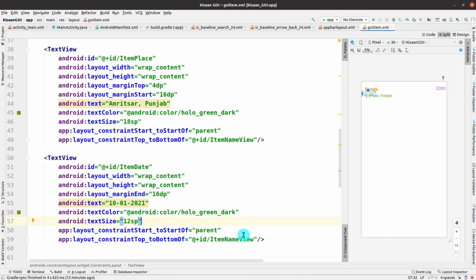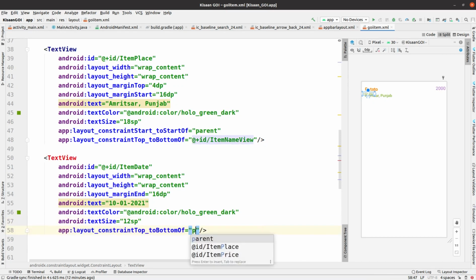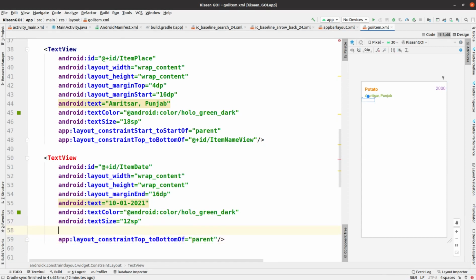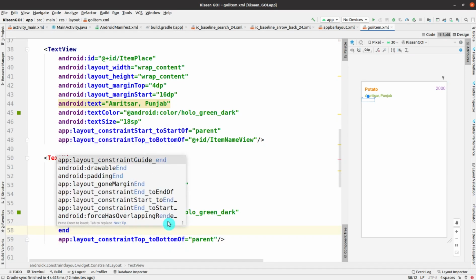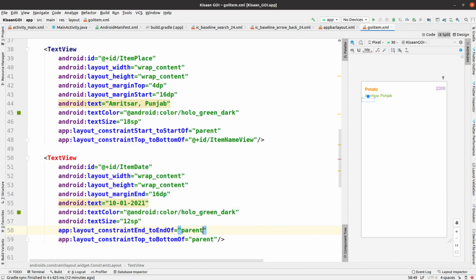So for now, you can see that it is being matched up on the right side of your screen, so we just have to remove this property, and we just have to add something here like parent. And now one more property, so that it can come to its perfect position, like end to end of, and it is parent.